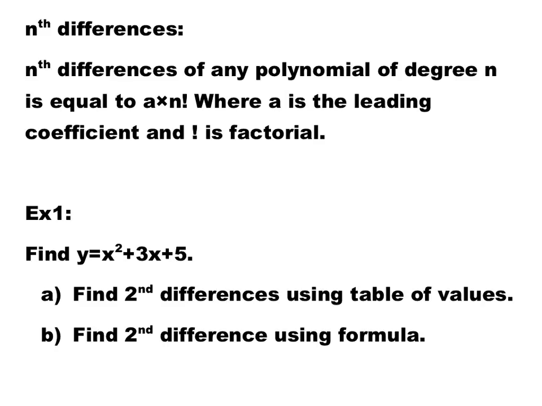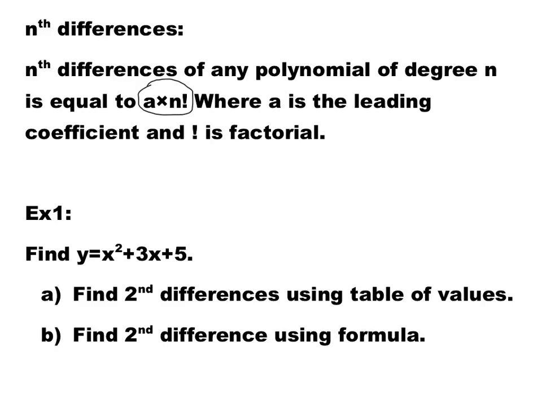The formula to find the nth differences is equal to a times n factorial. Now, a is the leading coefficient, which is the coefficient of the highest exponent of the polynomial, and n is the highest exponent in the polynomial, and the factorial is the repeated multiplication of that degree. For instance,